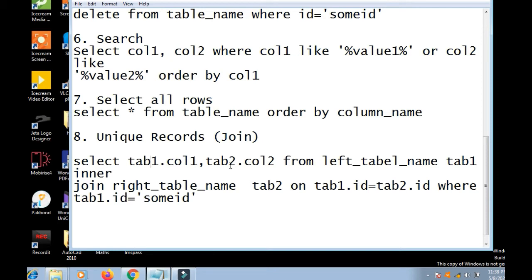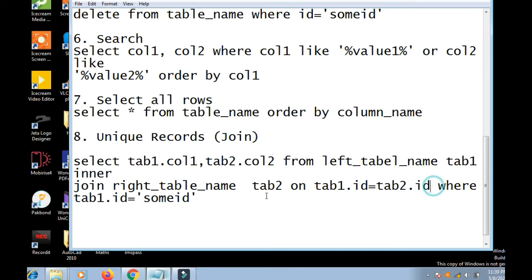Then we use INNER JOIN and the right table name with its short name ON tab1.id, the primary key of tab 1, equal to the primary key of tab 2.